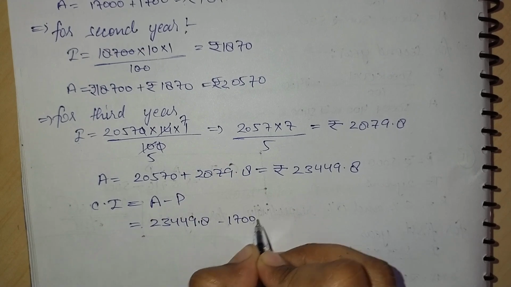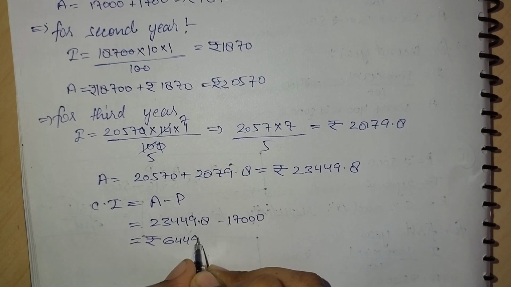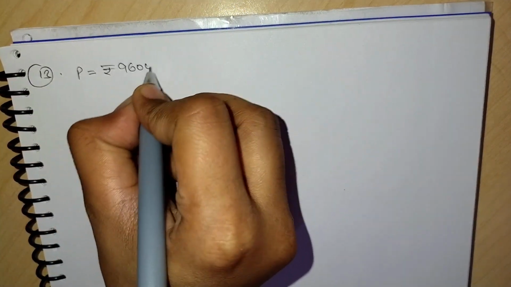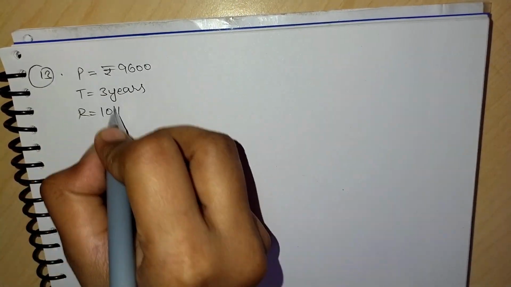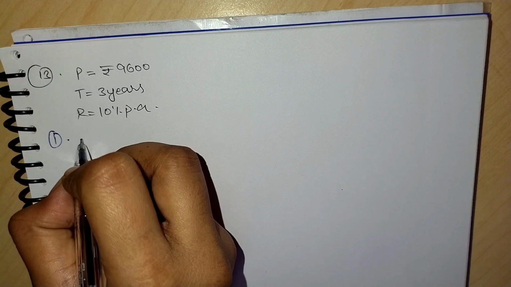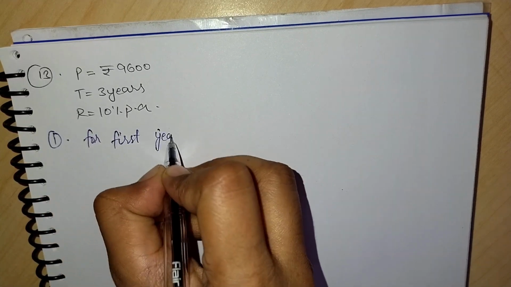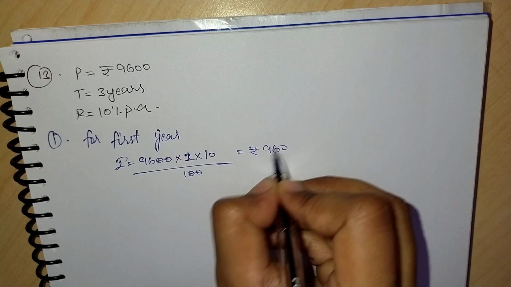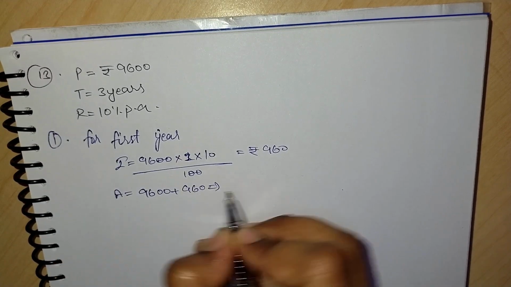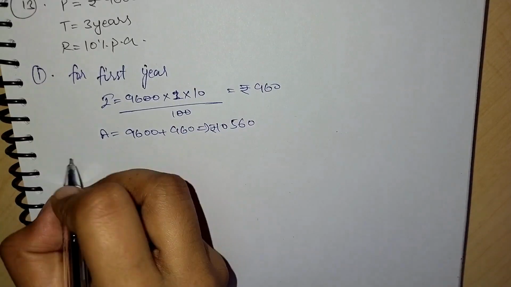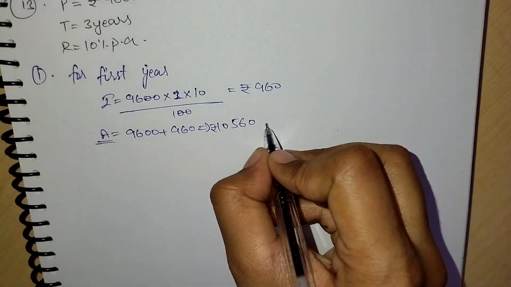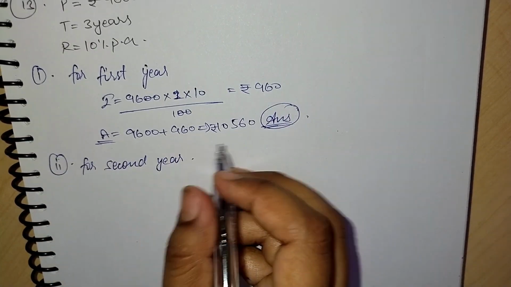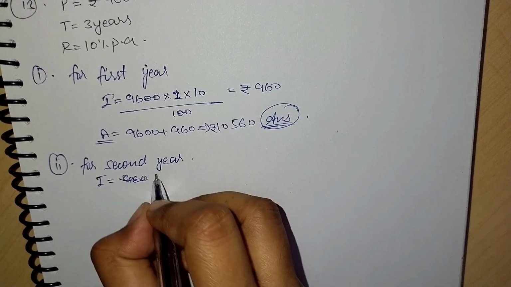So we will get 23,449.8 minus 17,000 equal to 6,449.8. Now the 13th question is a sum of rupees 9,600 is invested for 3 years at 10% per annum at compound interest. So what is the sum due at the end of first year? So here we will find for first year interest is equal to rupees 960, amount as rupees 10,560. For second year we have interest equal to rupees 1,056, amount as